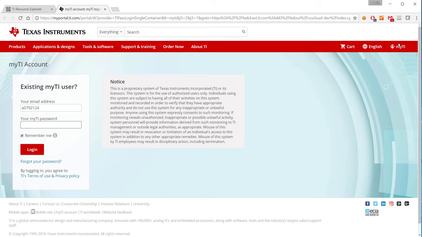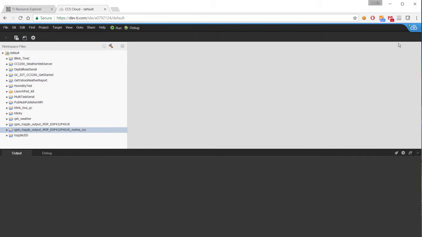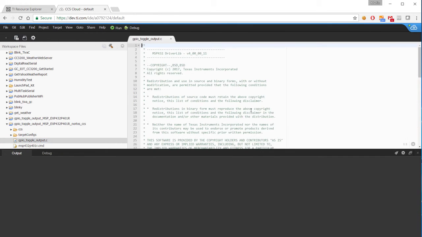So we're going to import the project into the Cloud IDE to be able to tweak it a little bit, to add things like a global variable that halts the state of the LED, as well as be able to program the program to the device itself. So we have the program downloaded to Cloud IDE. We're just going to open the source file,